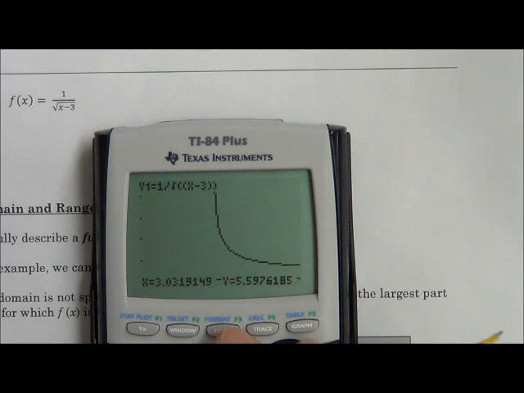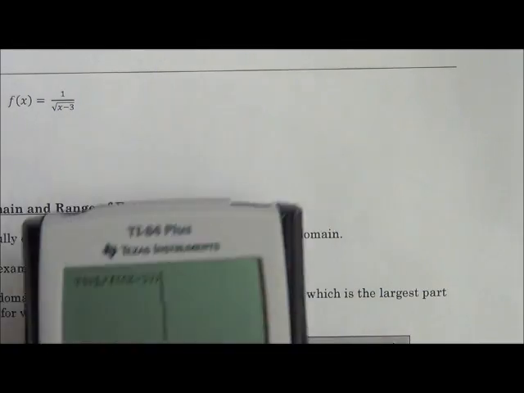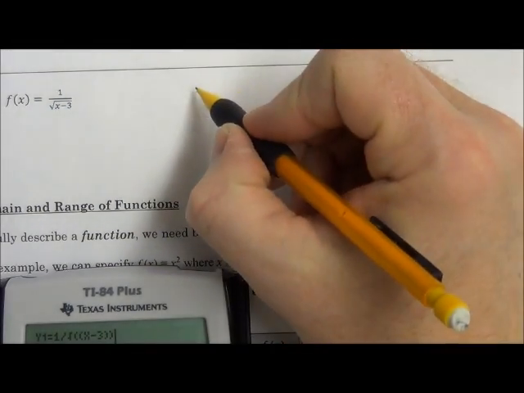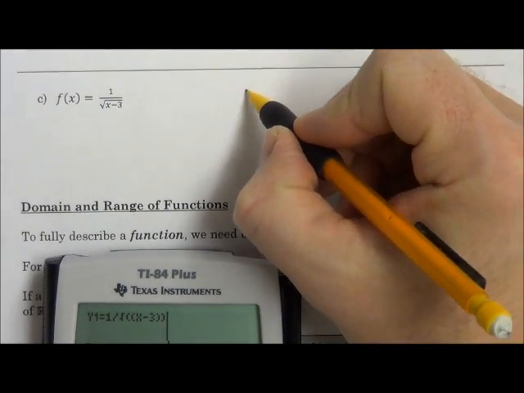Now I could perhaps zoom in again a little closer. And now we're getting really close. I'm going to trace a little bit further. Oh, so when x is 3, y is actually 13.7. So it's getting really close there. Okay, so let's see, the domain